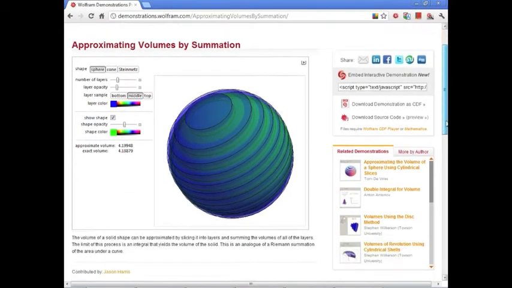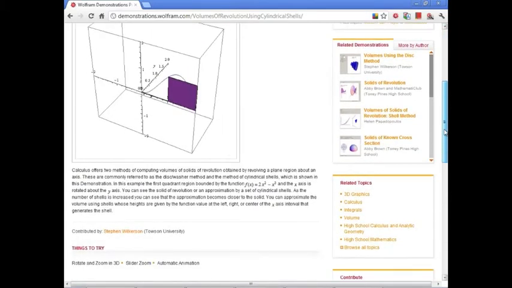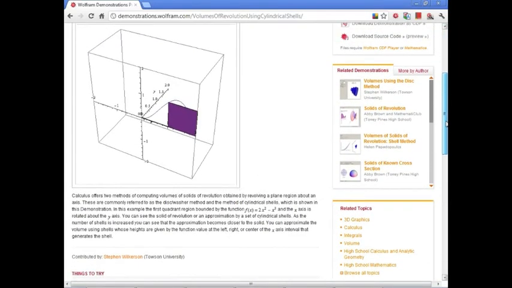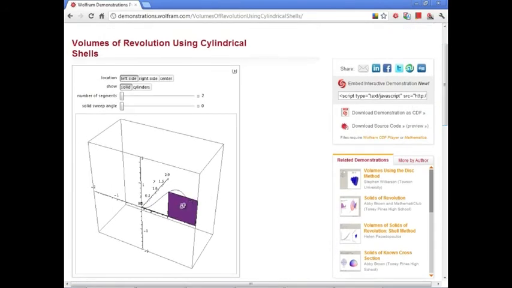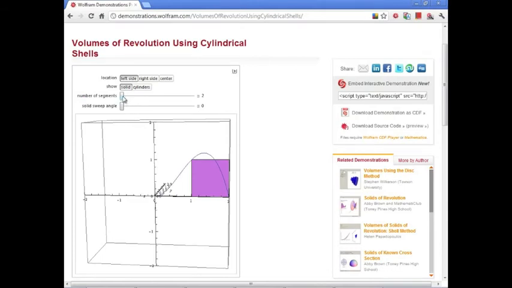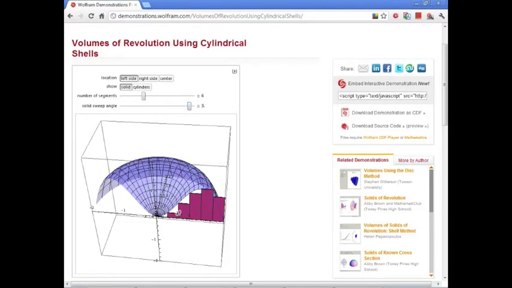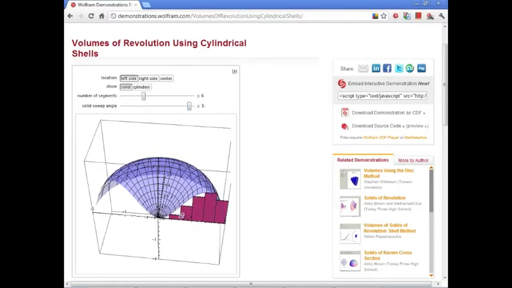One of my favorite ones is called Volumes of Revolution Using Cylindrical Shells, submitted to us by user Steven Wilkerson from Towson University. I like this one especially because it starts from two-dimensional graphics, and you recognize the Calculus 1 subject by trying to fit a simple curve. Then you have the ability to circle a swipe angle, to understand how you build the rotation figure from this, and